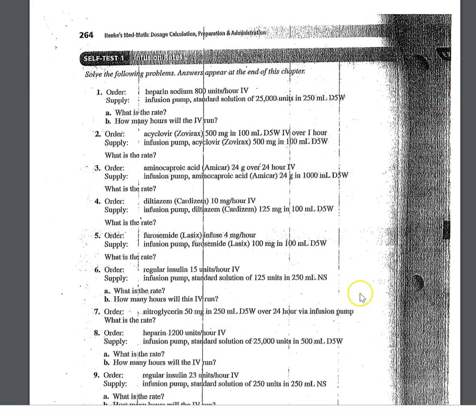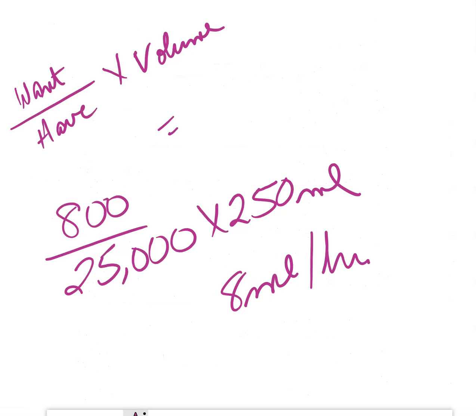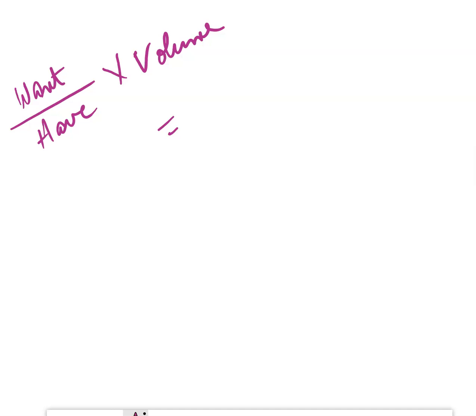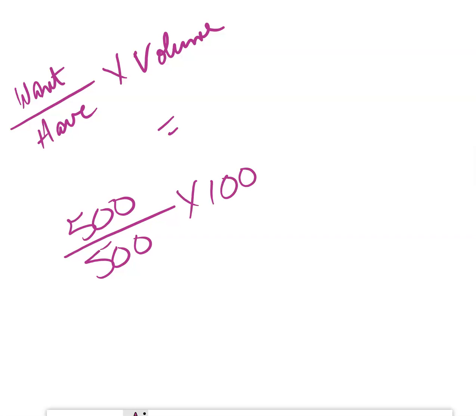So just for those of you who are visual, I'm going to erase this. So 500 is what I want. 500 is what the pharmacy sent me, and they sent it in 100 mLs, which comes to 100 mLs per hour. Simple as that. Now for number 3, it is telling you,